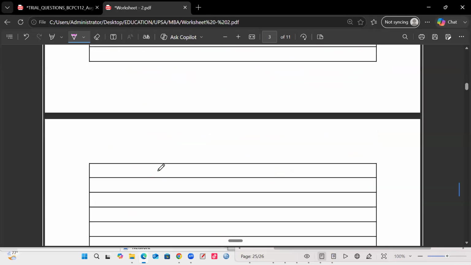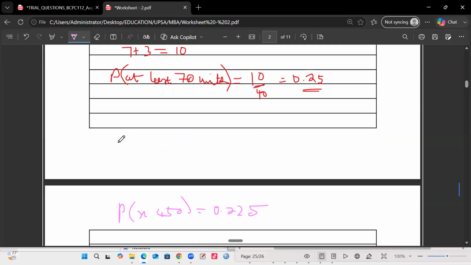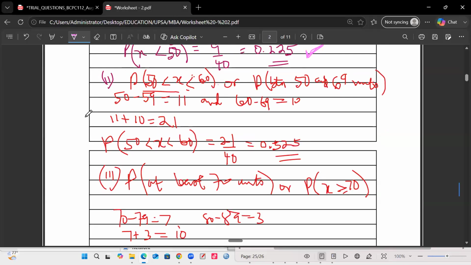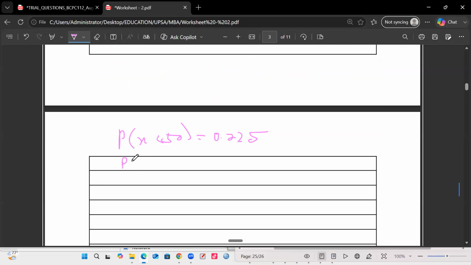The first one is what? P(X < 50). What was the probability? 0.225. Is that correct? Yes. Pay attention now. That's the first one. Let's look at the second one. What's the probability? 0.525, right? Yes. So the probability into bracket 50, 60,